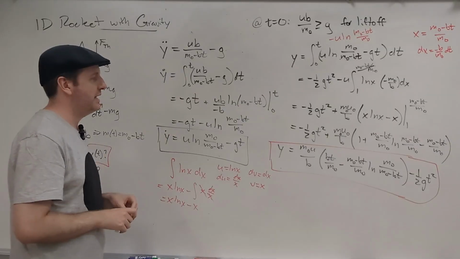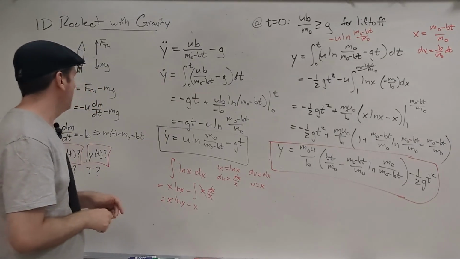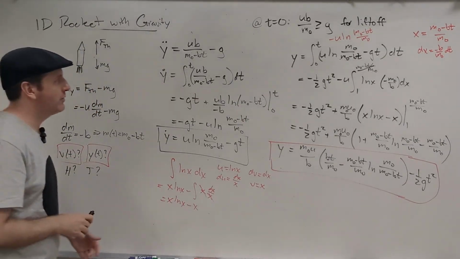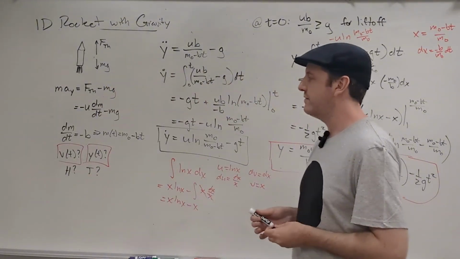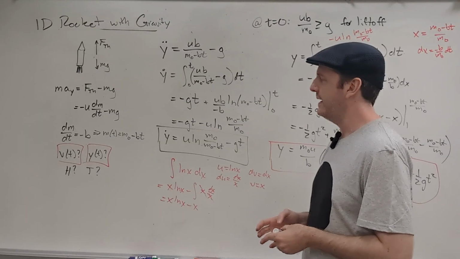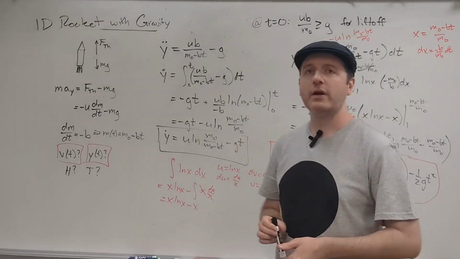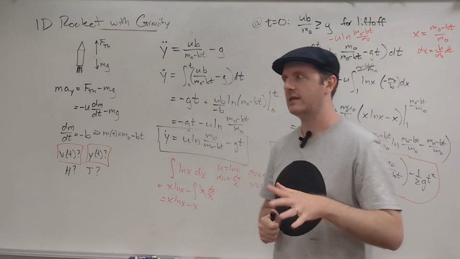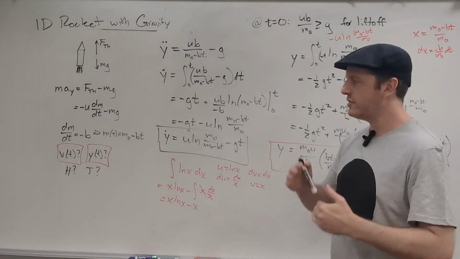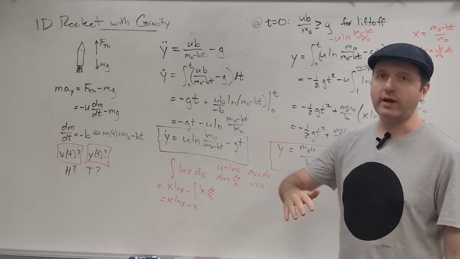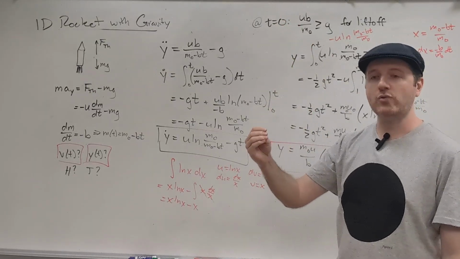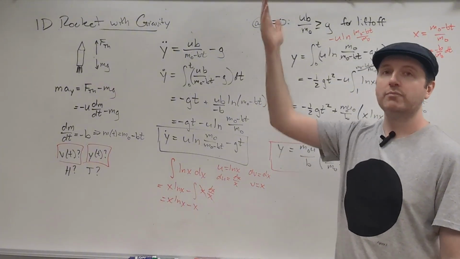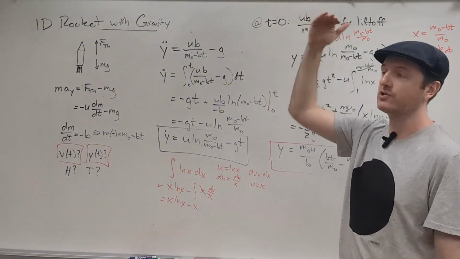Okay, so this is my height as a function of time. We found our velocity already. Now we're ready to start looking at some specific values. So first off, I might want to know how high does this go? Now we are going to have to break that into a couple pieces because initially the rocket is going to have thrust as it's accelerating upwards. Then it's going to burn out all of its fuel and move under ballistic motion until it reaches its true